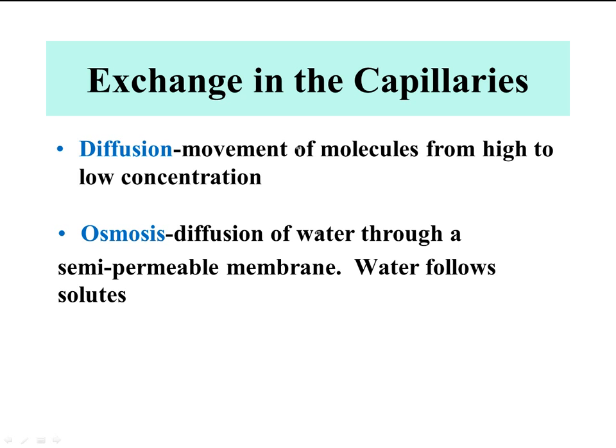Diffusion is the movement of molecules from an area of high concentration to an area of lower concentration. But we're talking about osmosis. So it is the diffusion of water from an area of high concentration, in the beaker, to an area of lower concentration, within our artificial cell, because there's sugar there, therefore less water, because that sugar's taking up too much space, so there's less water in there, and so the water will diffuse